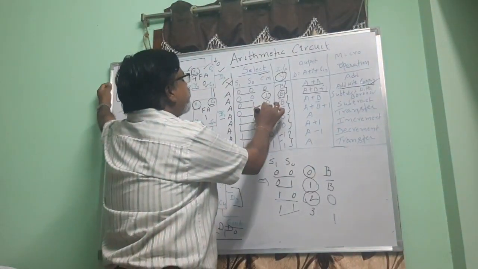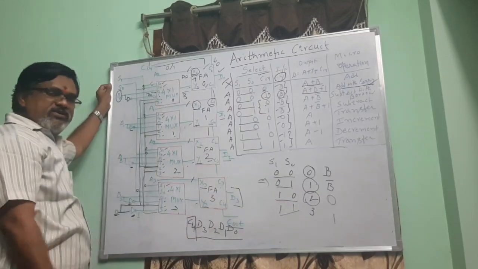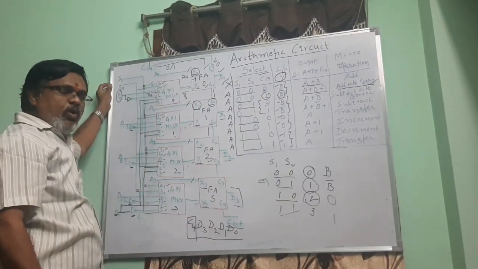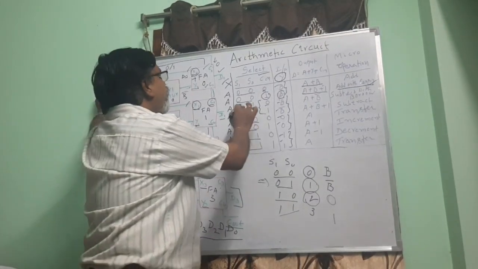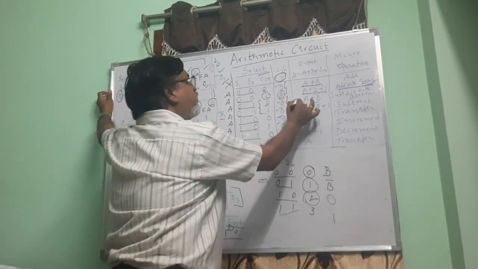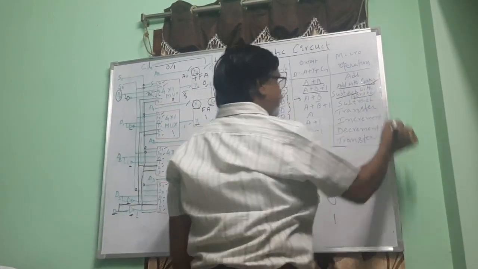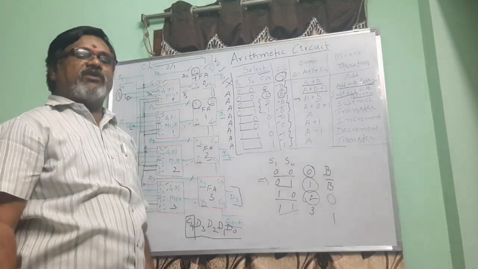So here Cn value will be again of two combinations. One is 0. What will happen when it is 0? What will happen when it is 1? So when it is 0 1 and Cn is 0, we perform A plus B bar. This is nothing but subtract with borrow. You can ask me, what is subtract with borrow, sir?